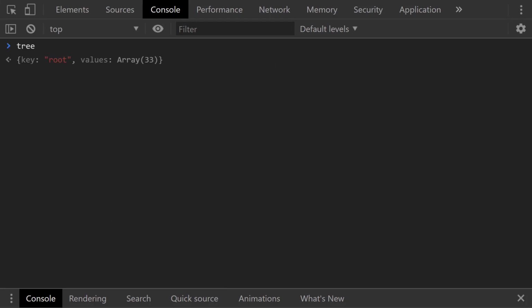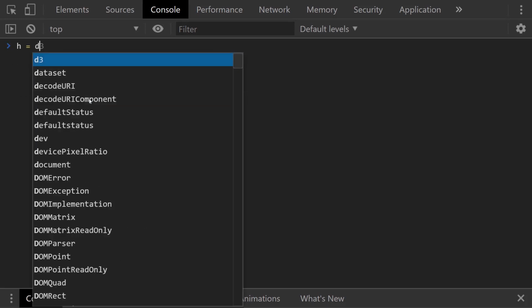Now that we have these, we create a hierarchy object, and we pass this into the hierarchy constructor method, I guess you could say, right? And what will happen is you will get back a new object. So let's do this real quick. We're gonna make a new hierarchy. We're gonna say h equals